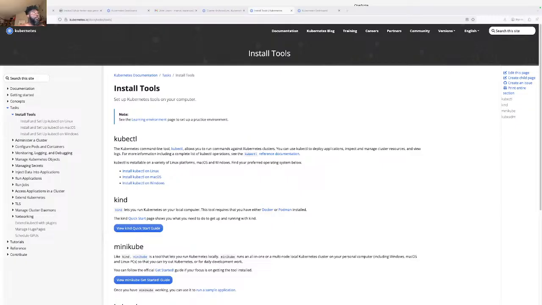Kind lets you run Kubernetes on your local computer. This tool requires that you have either Docker or Podman. Kind, Minikube. That's good. Let's just put them here because they'll be based off each individual's preference. Kind.